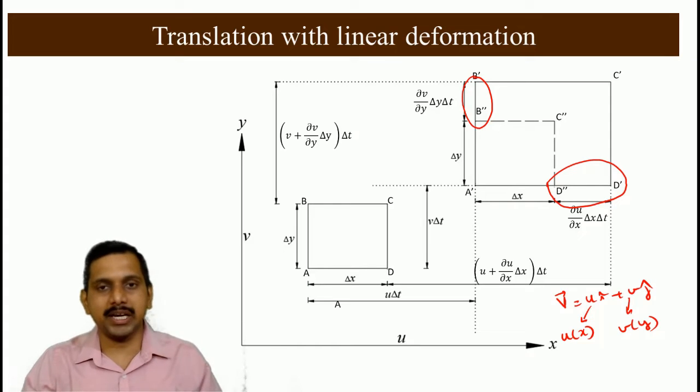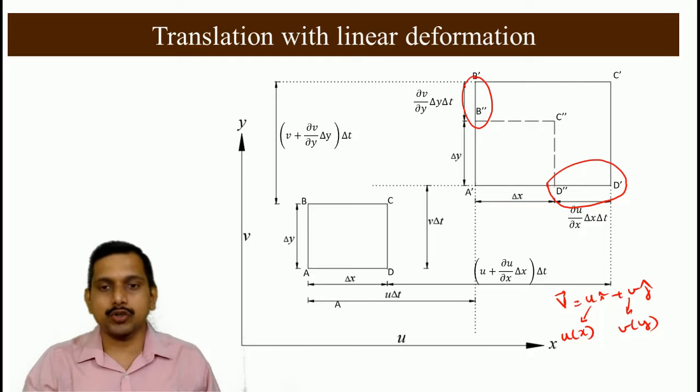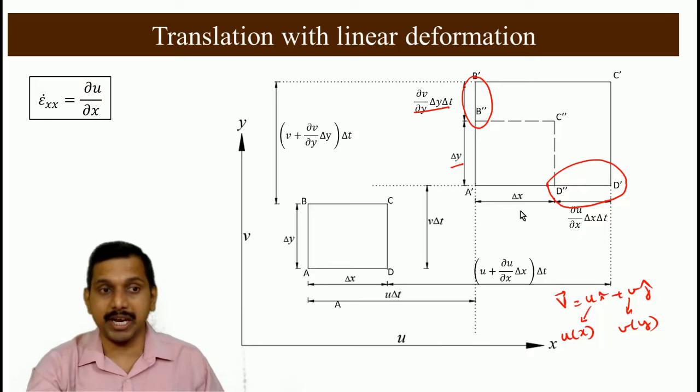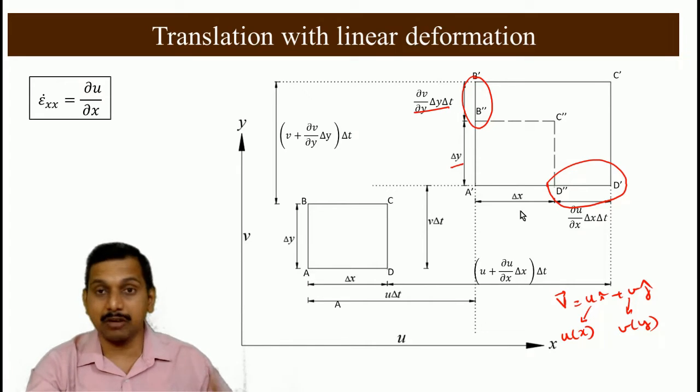And what we are worried about here is not just the deformation, we are worried about the strain, and then the strain rate. Strain is this deformation divided by the original length. If I see, delta y and delta y cancel, so it is dou v by dou y into delta t. This we have seen in the last class. So at the end, the strain rate is nothing but the rate of deformation. Not just rate of deformation, it is rate of strain.